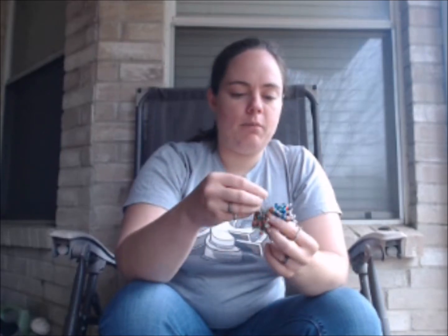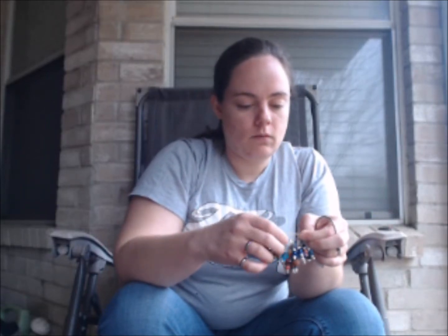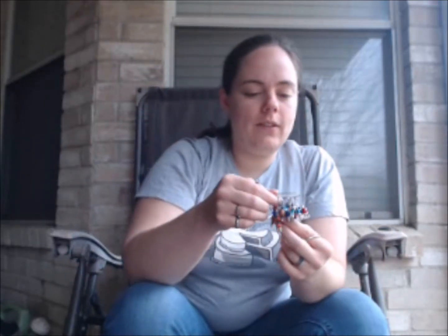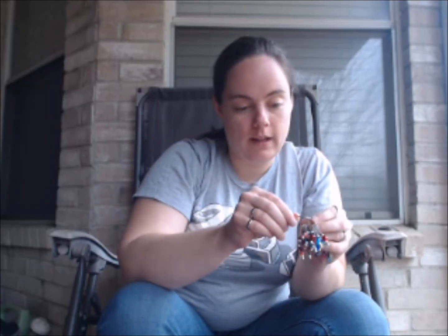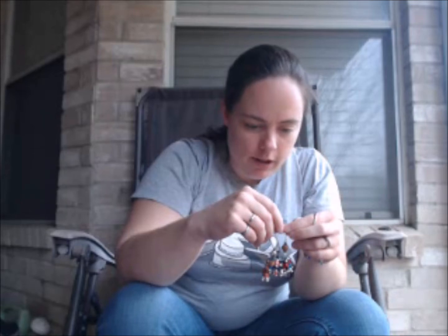I showed you guys last week the little plastic brown ones with the turquoise beads on it. This week I made all of these. You can see that some of these are hanging quite a bit longer, so I ended up at Joann's getting these little earring clasp guys. I don't think I'd want to stick them in my ears, but